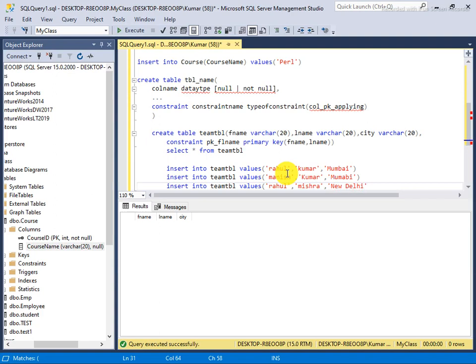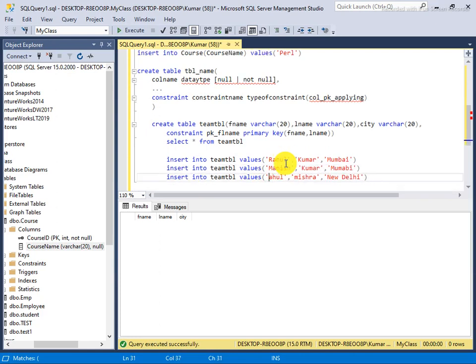Okay, so see here, normally if you apply a primary key on the first column then it would restrict you, but here you applied a primary key on the combination of the columns, so it will always check the combination only.